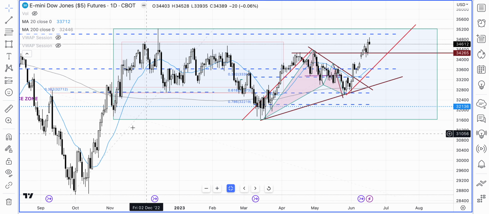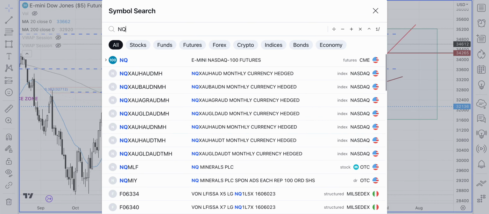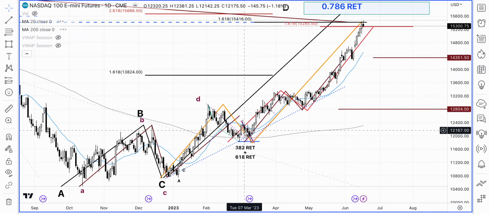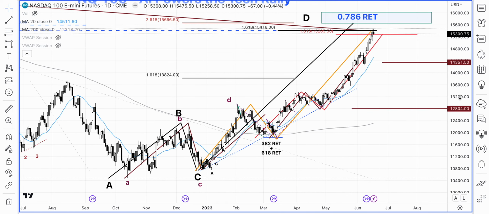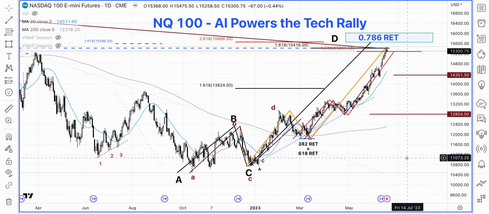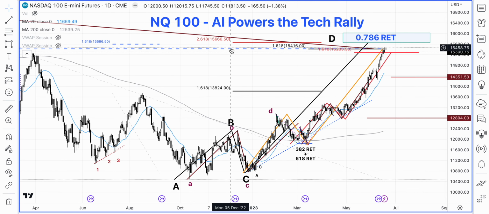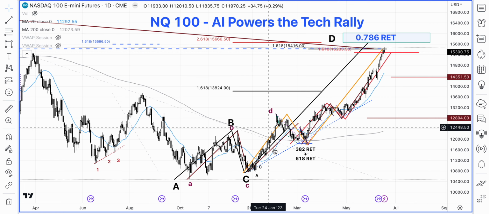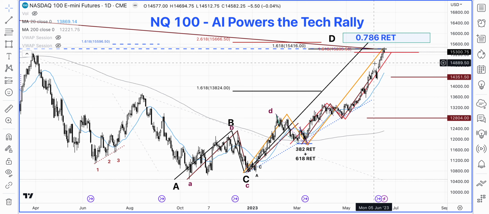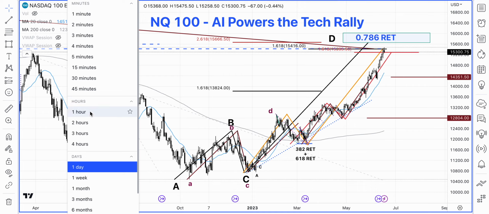So guys, this is what we are looking at in terms of the prices in these stock indices that we follow. The message is that the key indices that we are following, the NQ, the Nasdaq 100, and the ES, we have, in my opinion, completed patterns where we have reached the 78.6% Fibonacci retracements, and we have a number of these ABCDs coming really close to each other. In fact, if I were to take this on an hourly